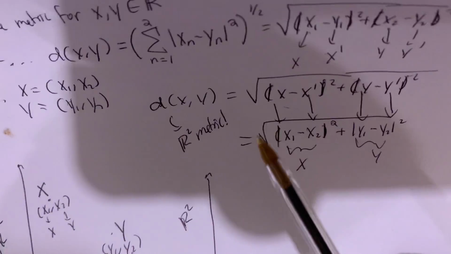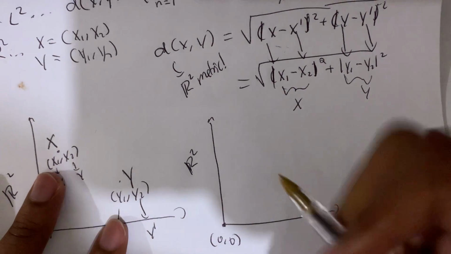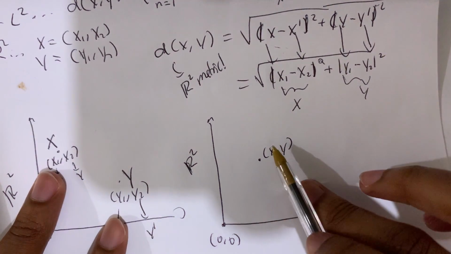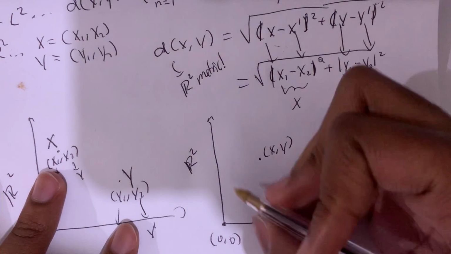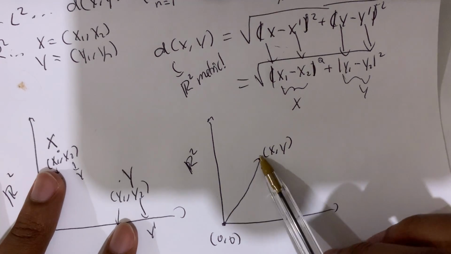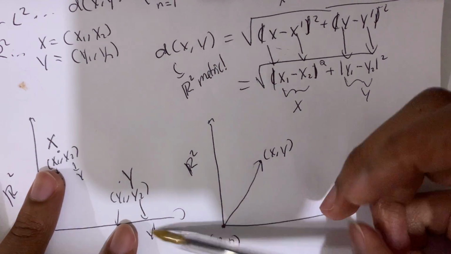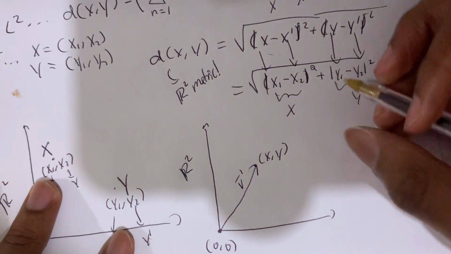So here is R2, and here we have 0, 0. Then here we have, let's call this x, y, small x, small y. We can call this big X and big Y, but who cares? We can draw a vector that connects these 2 points, right? And the length of this vector, vectors are always at the origin by definition, right? So we have a vector, and the length of this vector